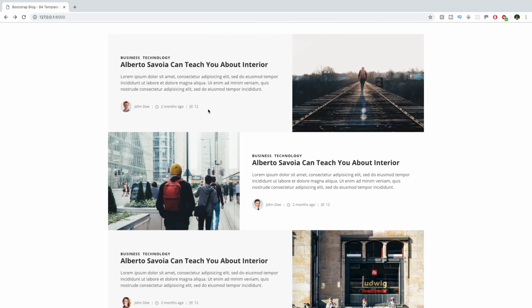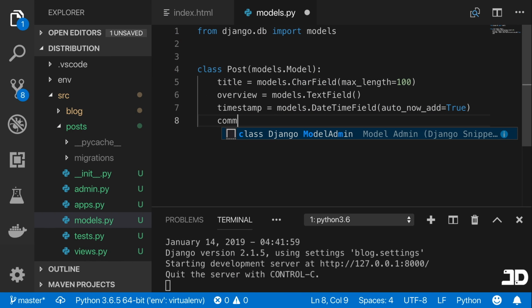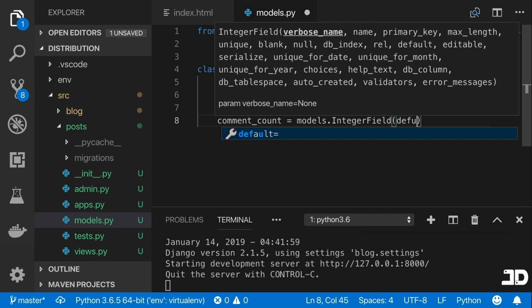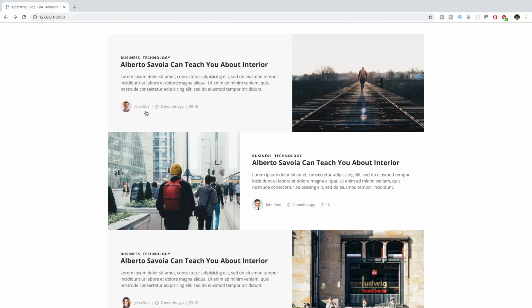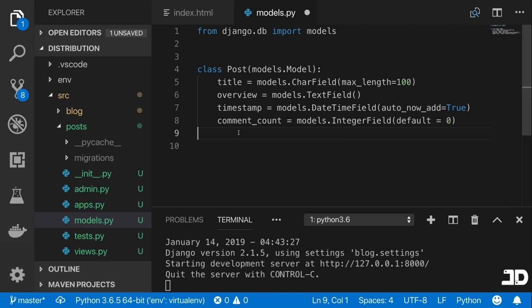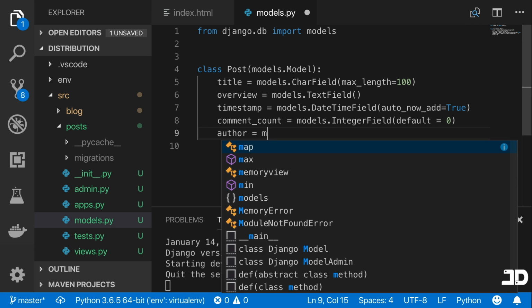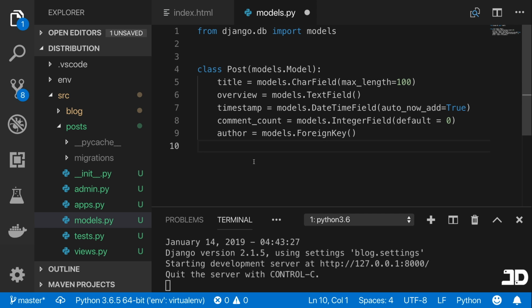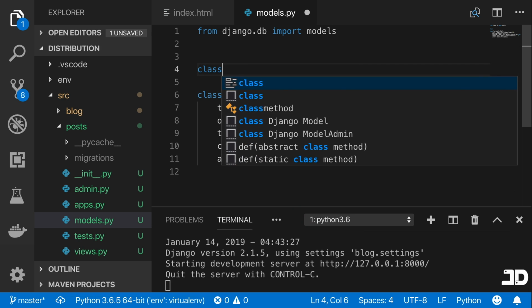Then you've got the comment count, and we don't have a comment model yet, but we're going to handle that. So for the time being, I'm just going to add a placeholder field, which will be comment count, and we'll just make this an integer field, and we'll set the default equal to 0. Then you've got an author, so we'll also come here and say author equals models.ForeignKey, and we'll come right above it here and just create an author